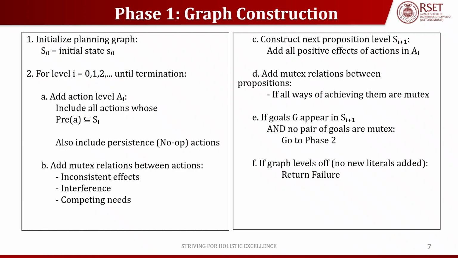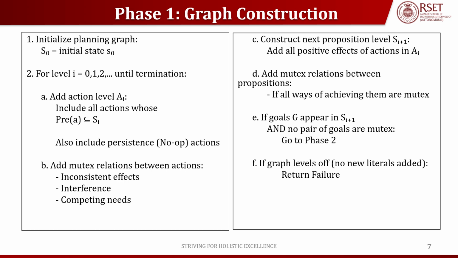G is equal to goal state. That is, if goal G appears in Si+1 and no pair of goals are mutex, then you can go directly to phase 2. Phase 2 is plan extraction. And next one is, if graph levels off, meaning no new literals are added, then you have to return